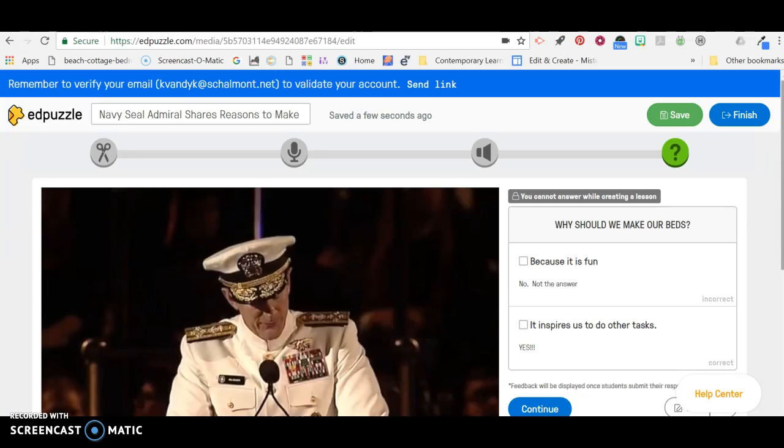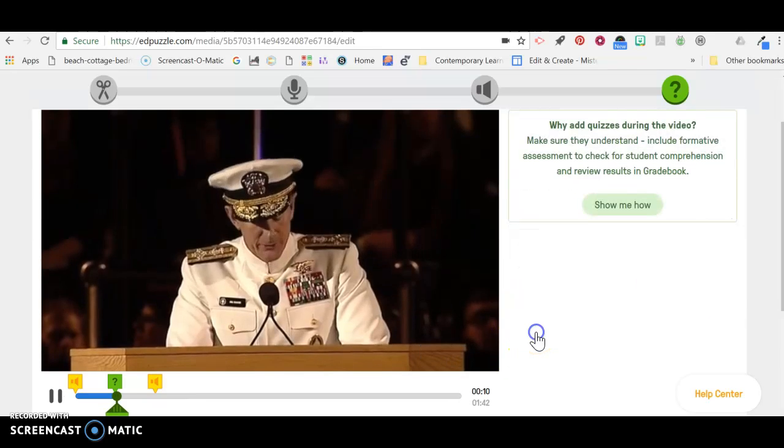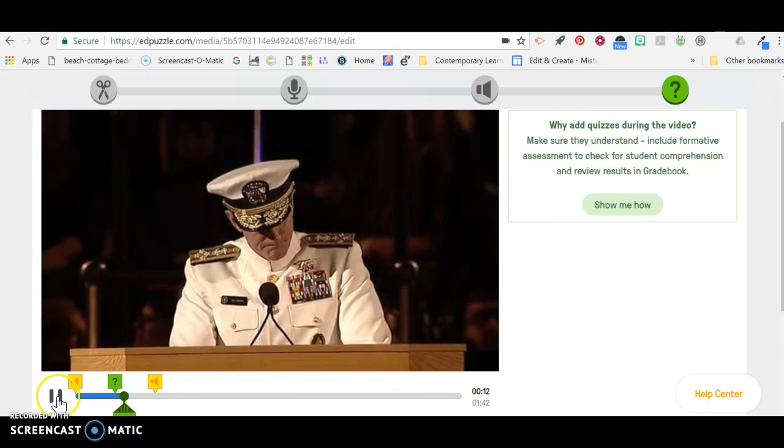And it lets me review. It says, why should we make our beds? Because it is fun. Here's my feedback. No, not the answer. It inspires us to do other tasks. Yes, okay, I think it's decent. And we're going to hit continue. And continue again. And then it continues, and you can decide where you want to put your next question, if